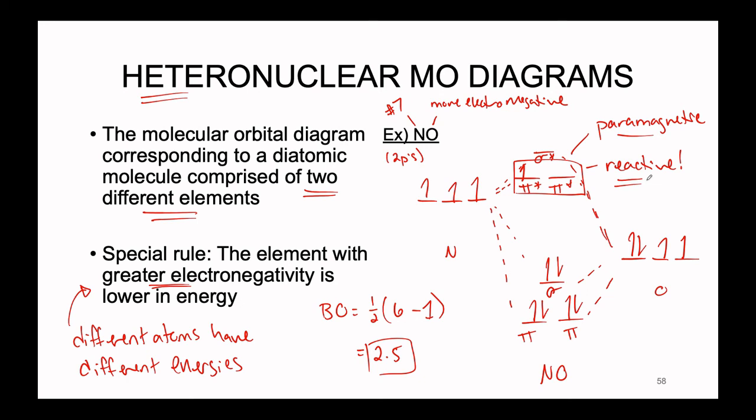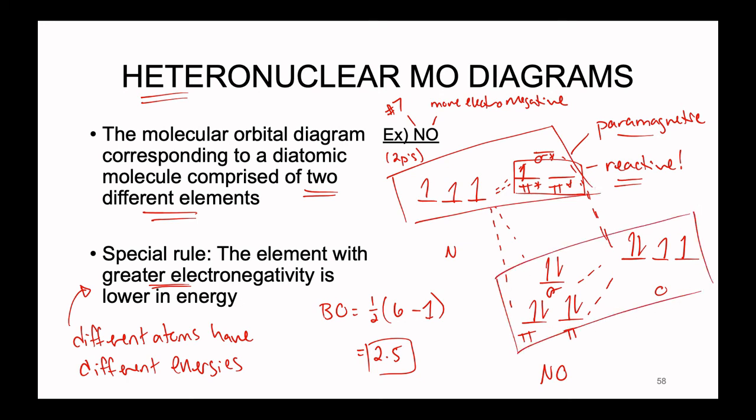All right, and the last characteristic that we can talk about then is because the nitrogen and the oxygen originally had such different energy levels, we can see that the anti-bonding molecular orbitals are similar in energy to nitrogen, and the bonding molecular orbitals are similar in energy to the oxygen. What this tells us is that the nitrogen is the unstable atom in the molecule, right? This reactivity from the unpaired electron, the paramagnetism, is going to be mostly focused on the nitrogen. The oxygen is going to be the stabilizing